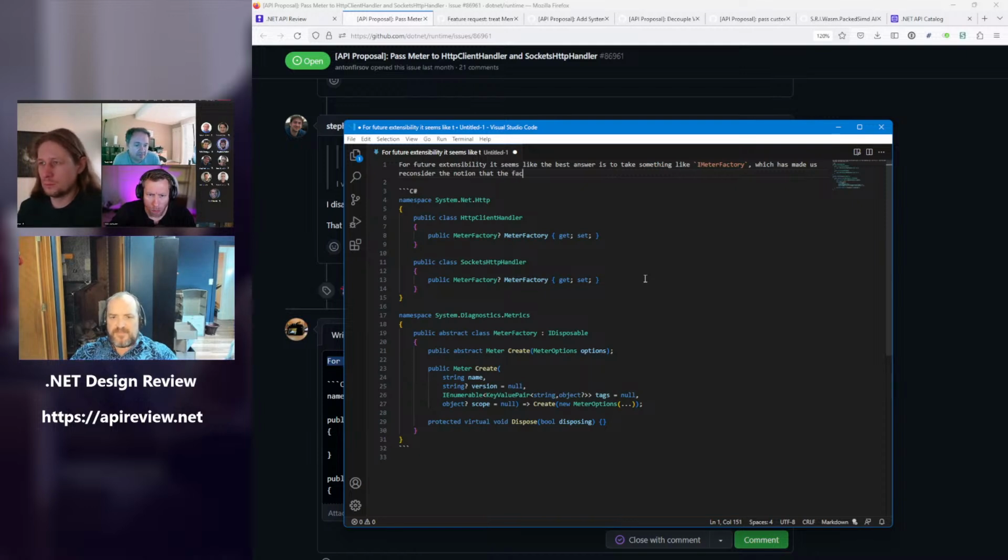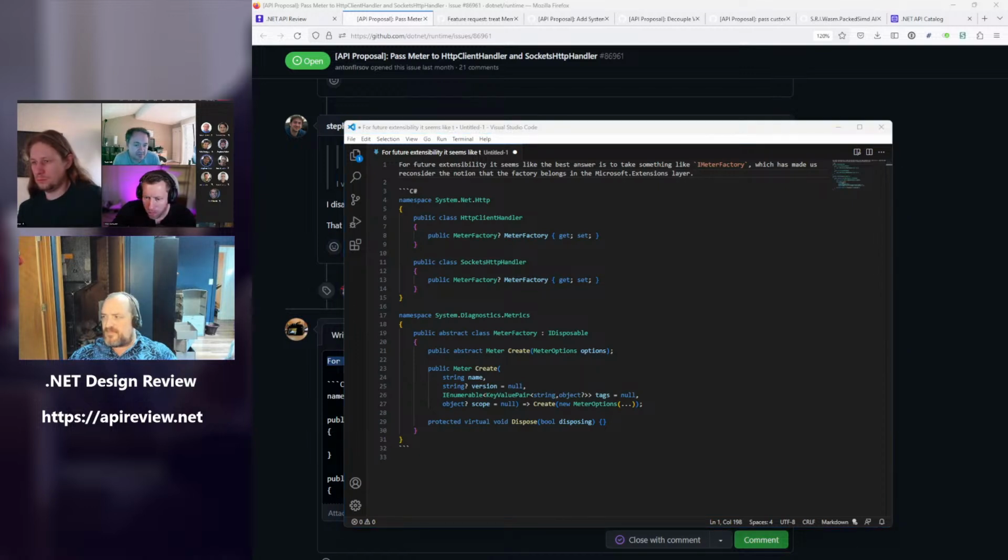Now, of course, if you want to expose the factory as a thing that normal people can dispose, I think the question is basically, do we expect that you will be handing around a meter factory and transferring ownership such that you want somebody else to dispose of it? Because if you do, then you do want it as part of the abstraction.